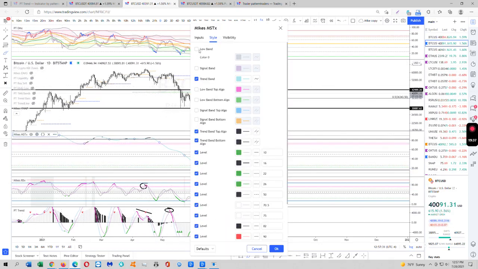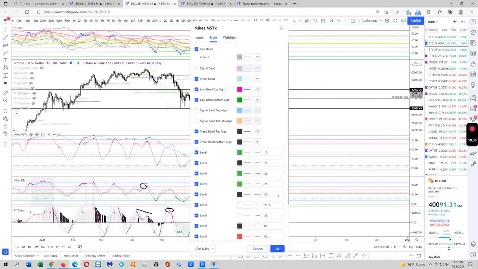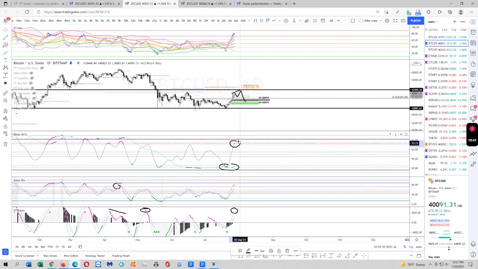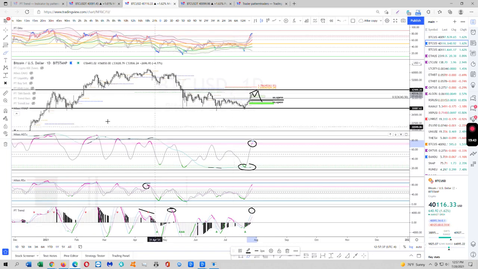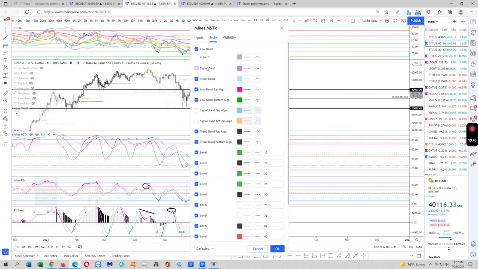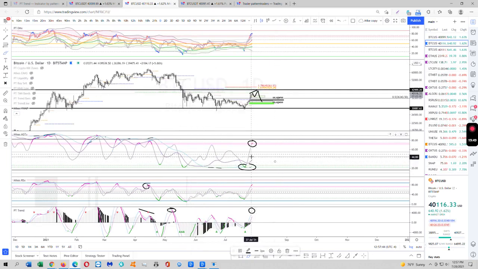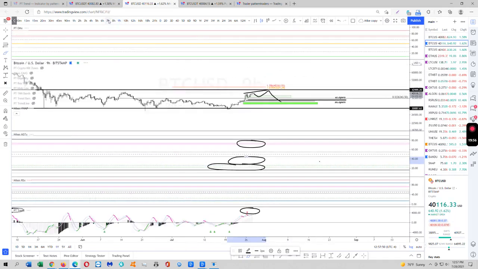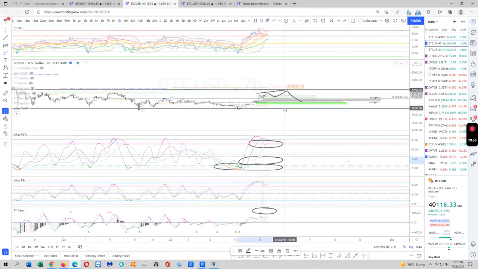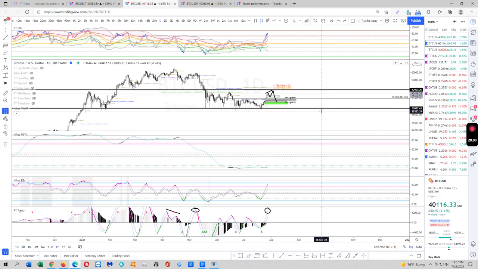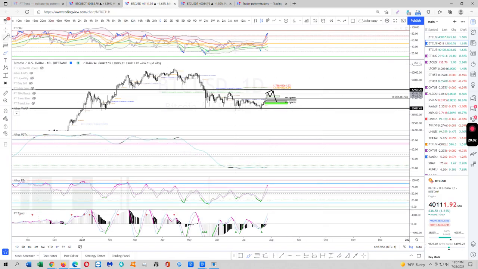This is high time frame, by the way, guys. Is your high time frame red at the top? Awesome. Now what? Where's your signal band? Is it trending in the mid? Let's see. See? Still sub 50. So everything is pointing that this is going to end up being a short. I'm telling you, it's going to be a short. Definitely going to be a short. So be careful. Be careful. Okay, guys? Hope that helps.